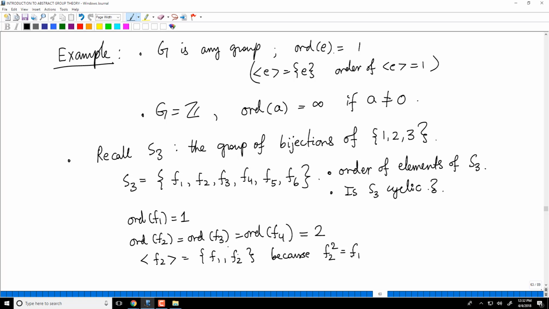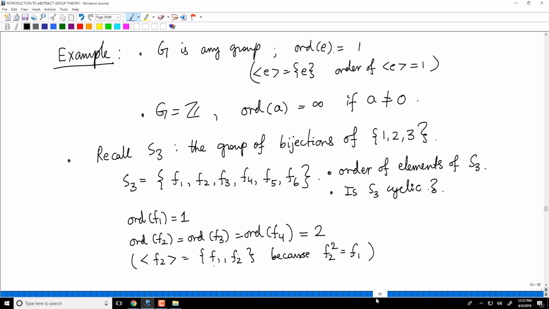F2, F3, F4 were permuting 2 of the 3 numbers and the third one is kept fixed. So F2 fixed 3 and sent 1 to 2, 2 to 1. So F2 squared will be identity. So the subgroup generated by F2 is just F1, F2. So order of F2 is 2. The same is true for F3 and F4.